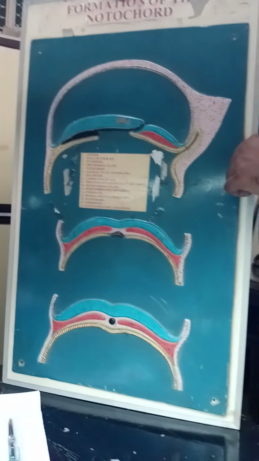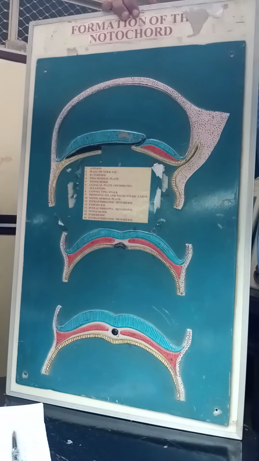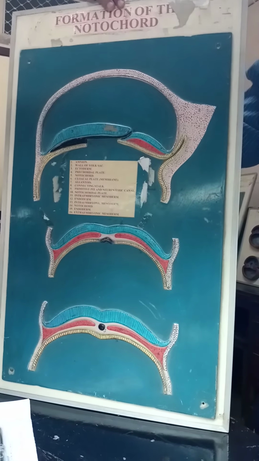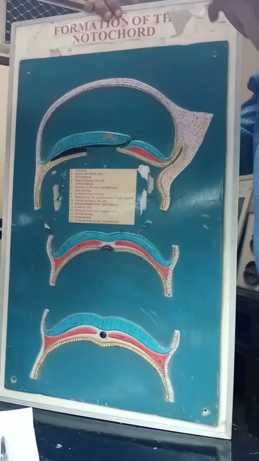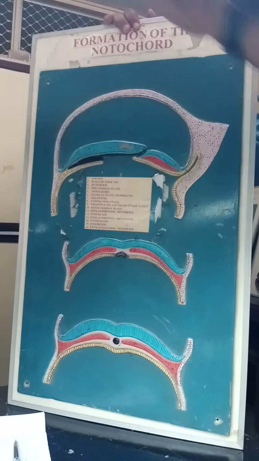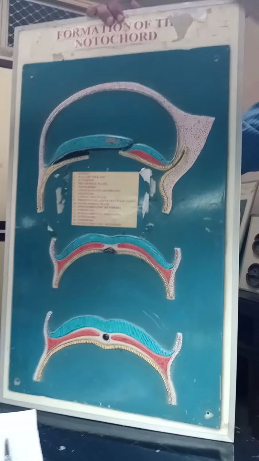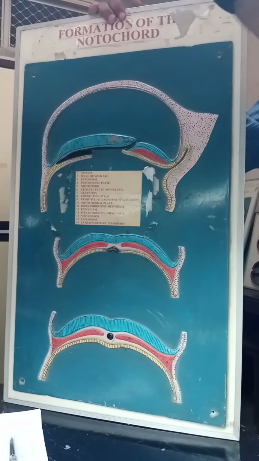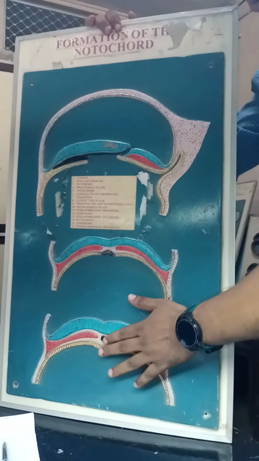system will develop. Notochord only remains as nucleus pulposus. Notochord doesn't form organ. Its remnant is there in the nucleus pulposus, but it provides the axis. Body first time gets an idea that okay, this is my midline axis. Now everything has to be developed around it. That idea is provided by the notochord.